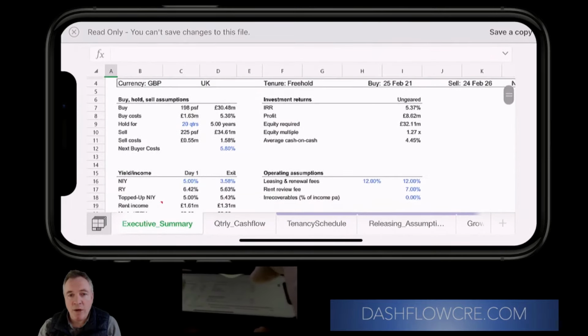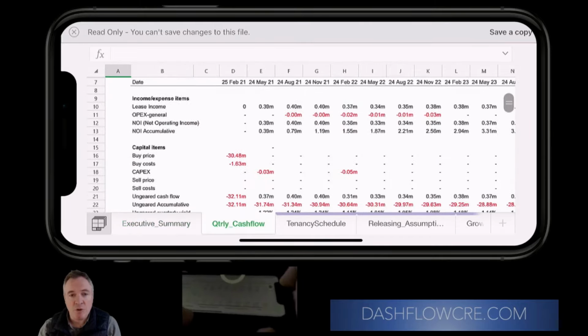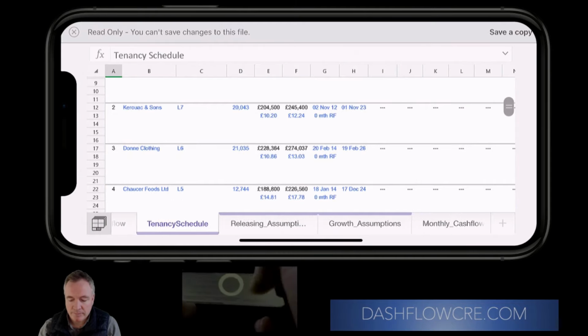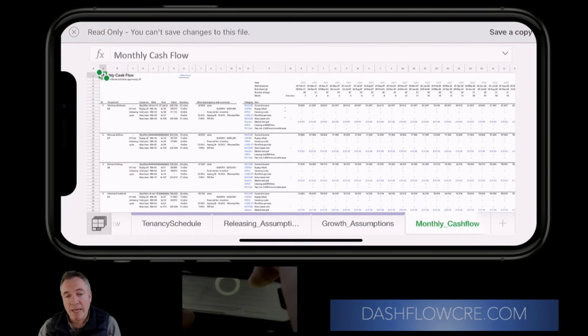And thanks to the wonderful interoperability and cooperation between Microsoft and Apple environments, for the first time I can do institutional grade modeling while I'm walking with my mobile first device. As you'd expect, most of the work is in the monthly cash flow sheet,